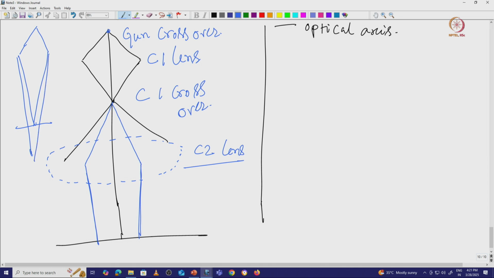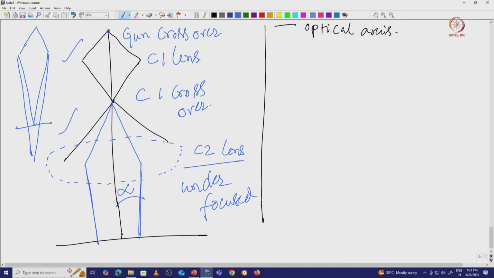So you can see, definitely this lens is under focused condition. Under focused. Now if you just want to measure the angle, this angle is also important, this is the alpha. We can discuss those things at a later stage. Here you can see that we are using a lens current in such a way that C1 and